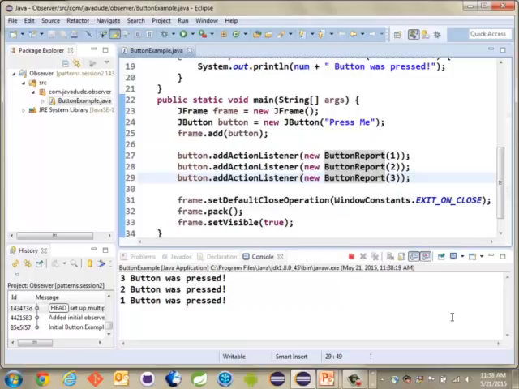The order in which they're being notified is the opposite of the order they were added, right? This is something that you really want to pay attention to whenever you're using this pattern. Unless